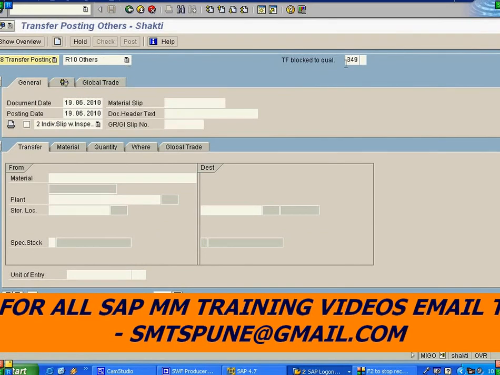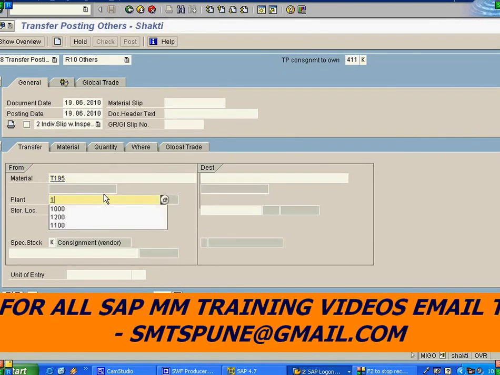Movement type is 411, and the special stock in the next field is K, consignment. So 411K. Material is T195, plant 1000, storage location 0001.